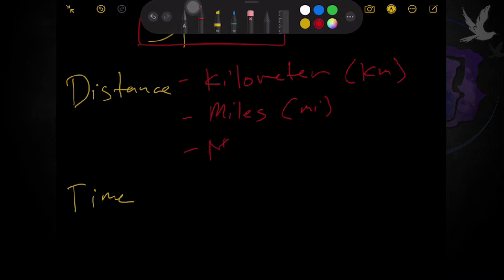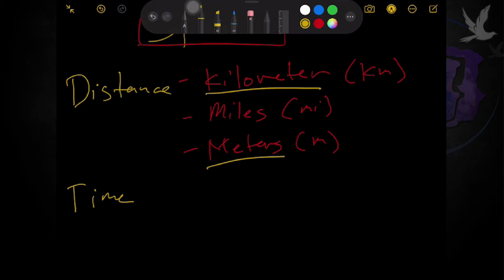Meron tayong meters. Shortcut is just M alone. Marami pa yan. Pero yung mga basic talaga na ginagamit natin are kilometer and meter. Okay? Especially nga sa metric system. No? And also, it depends on how far yung distance. Kung malapit lang, if it's just yung malakad nyo lang usually, the usual distance that you can just walk, meters